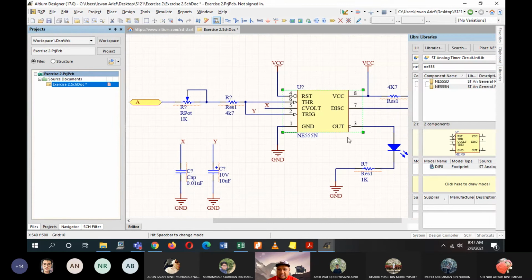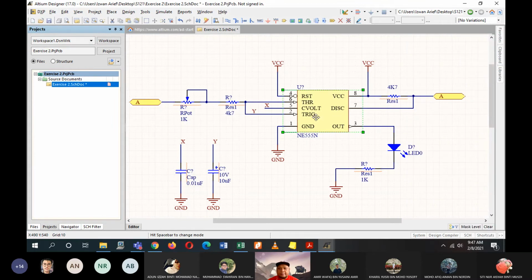So this is the circuit, and this is the component. Just to show you something regarding this circuit, there are two things that have been added which you have not been introduced to yet. The first one is net, place net label, and the second one is this yellow thingy, known as port.